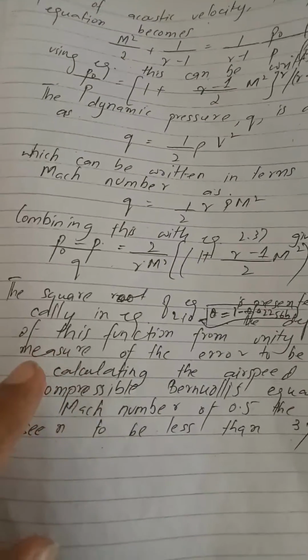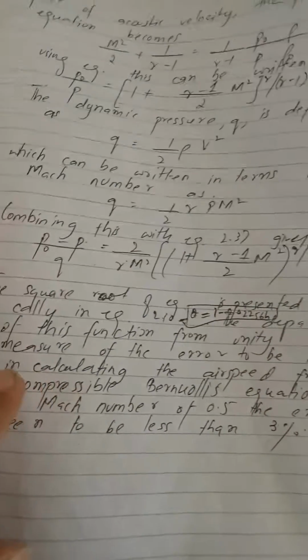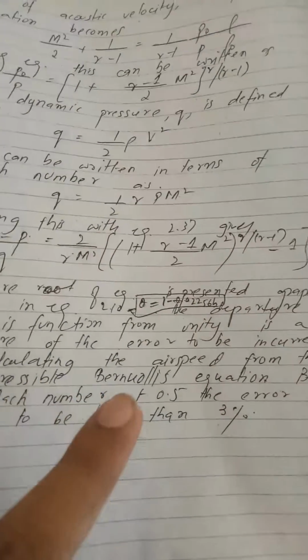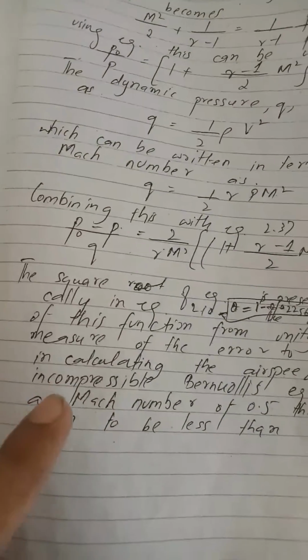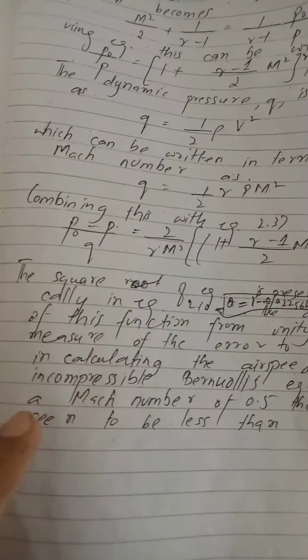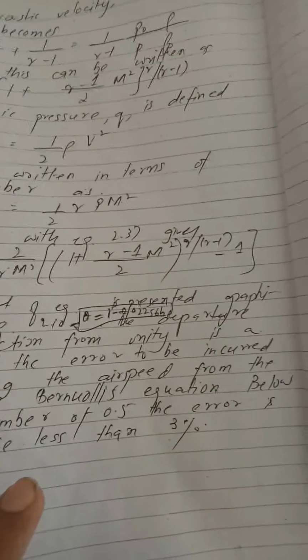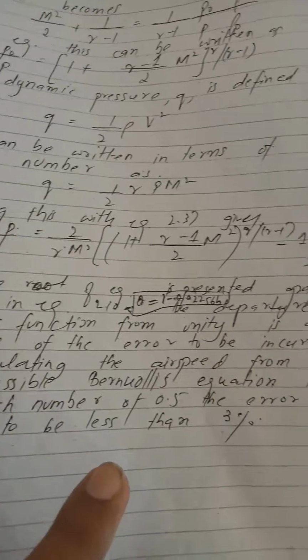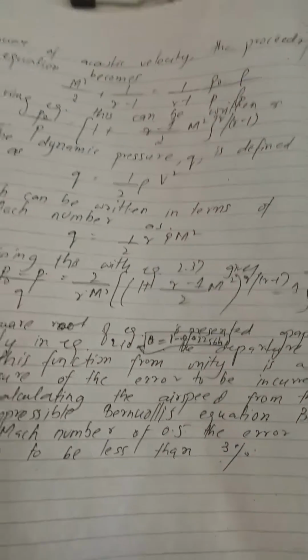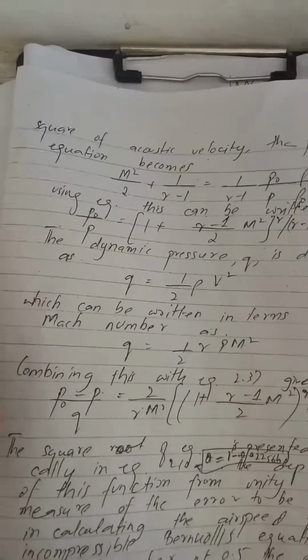The departure of this function from unity is a measure of the error to be incurred in calculating the airspeed from the incompressible Bernoulli's equation. Below a Mach number of 0.5, the error is seen to be less than 3%. This is how you're going to deal with it